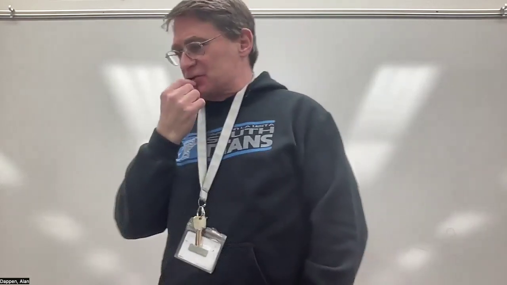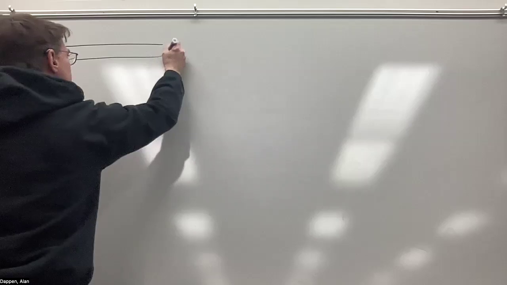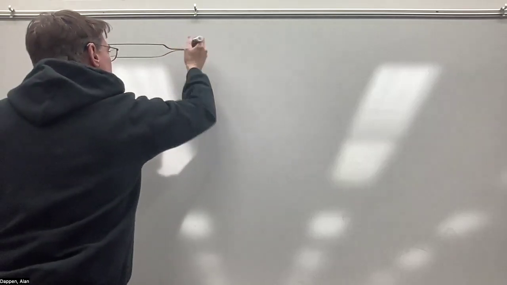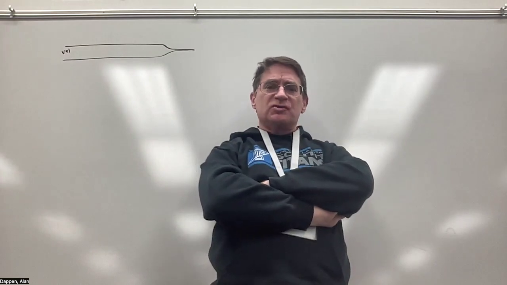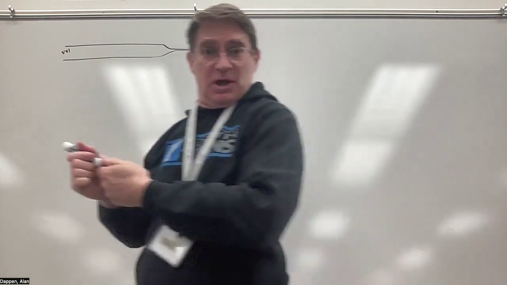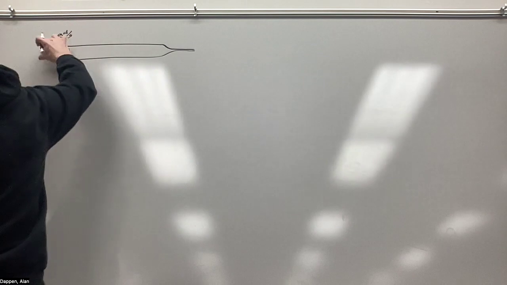In fact, if we picture a tube flowing along and maybe it has a constriction in it. If there is a velocity of flow here, what happens in the narrow section? Well, a lot of people would think, oh, it's constricted, it's going to slow down. But if we have 1 gallon per second flowing through this part